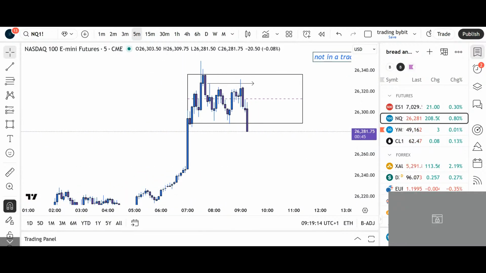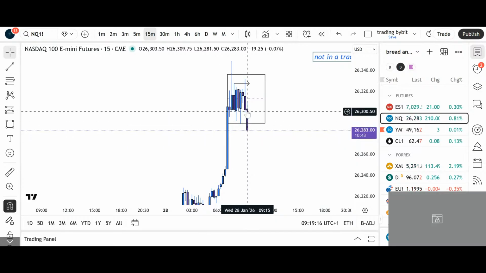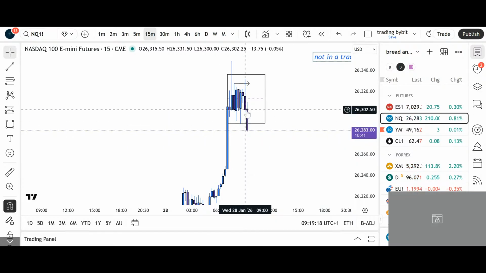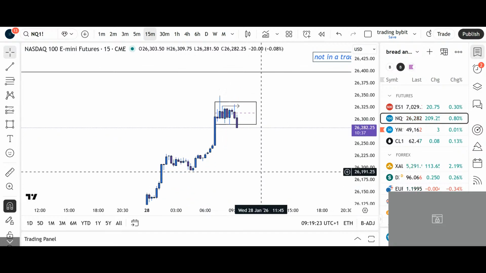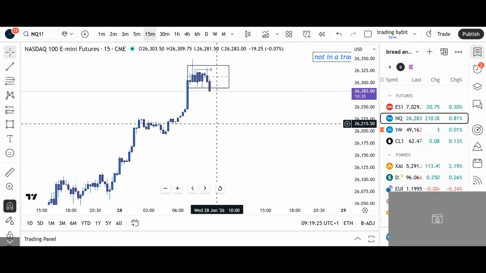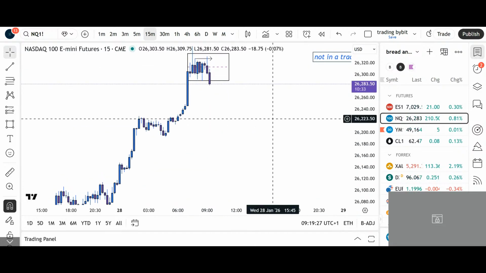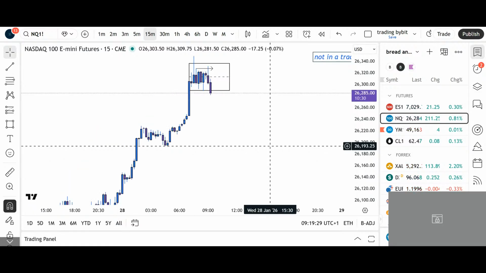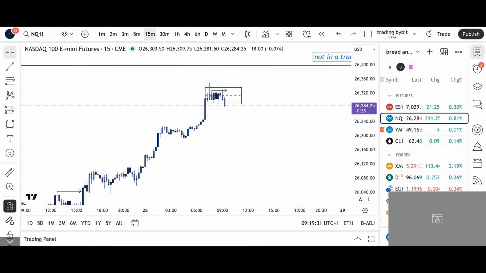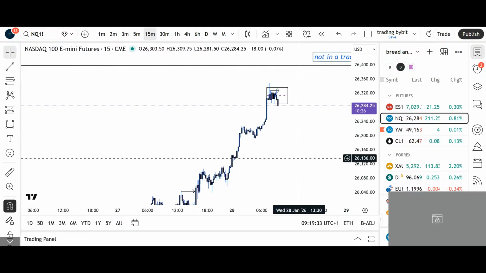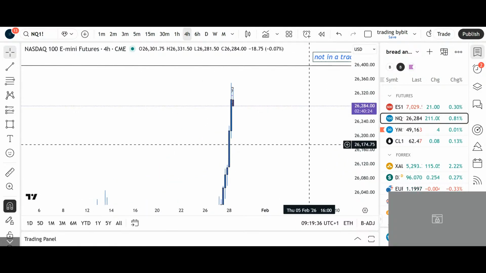If we would trade the next 15 minutes back inside and we see a candle movement back to the highs, I'm going to long this, because right now it looks like it wants to short. But I'm not a fan of shorting all-time highs. So again, I am really not a fan of shorting anything from all-time high.